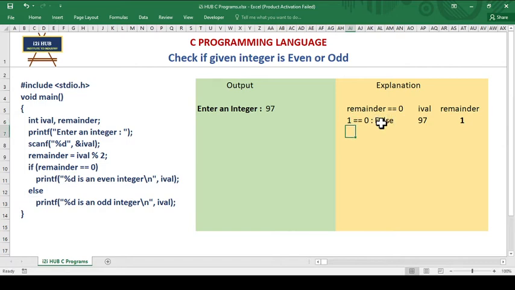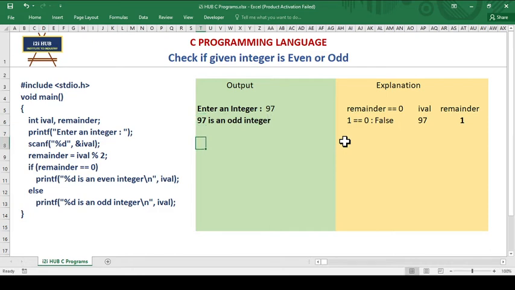So if it is false, it will go to the else block. What is in the else block? printf %d is an odd integer. In the place of %d, the ival variable value will be placed, that is 97. So 97 is an odd integer. This will be the output.